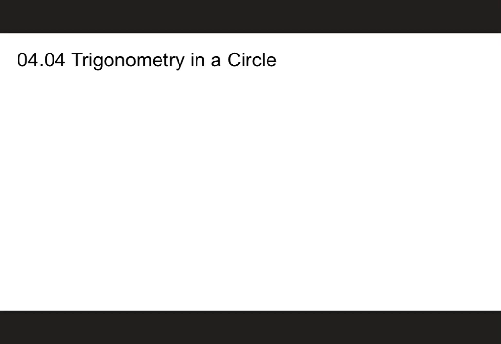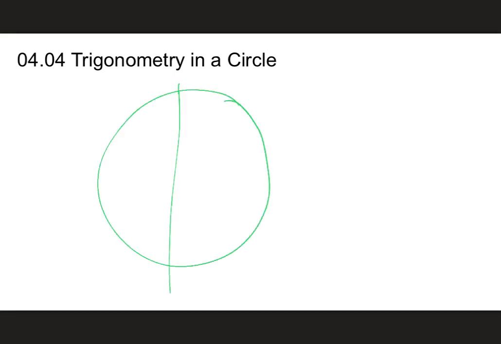Hi students, next up we're looking at trigonometry in a circle. What we're going to do is take those reference angles that we've been playing with and see what happens with those. So if we're given some kind of an angle, let's say 135 degrees or 3 pi over 4,